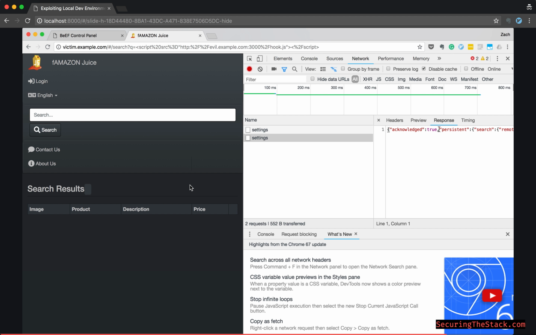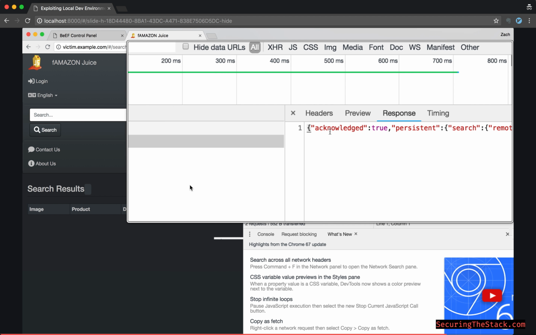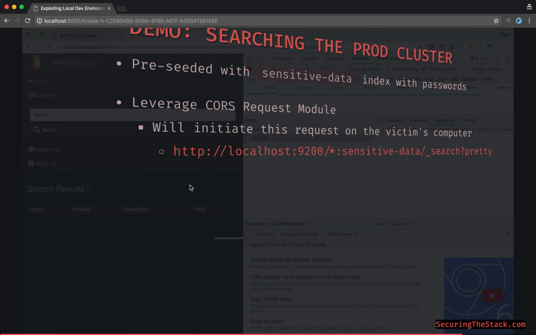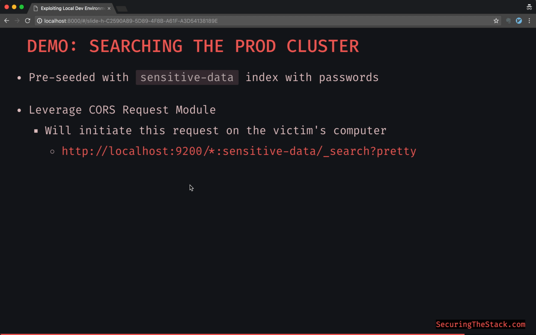Now check this out: acknowledged true. So that means it was successful. The developer's environment went ahead and reached out to prod and got acknowledgement. It's pretty crazy. Okay, now let's go ahead